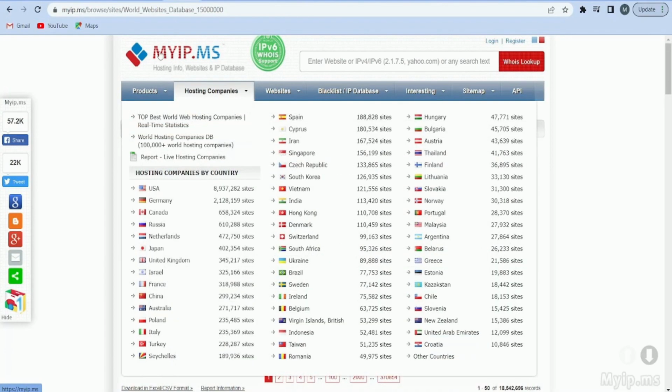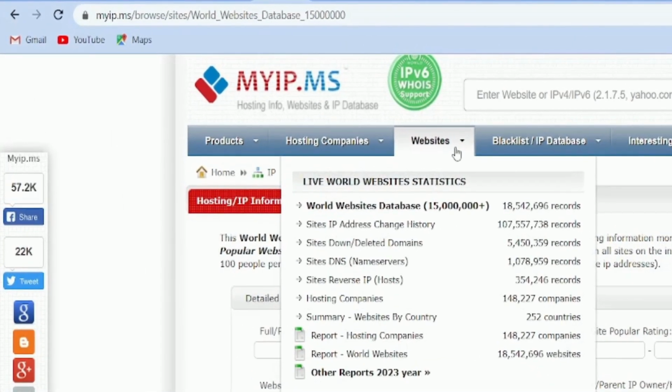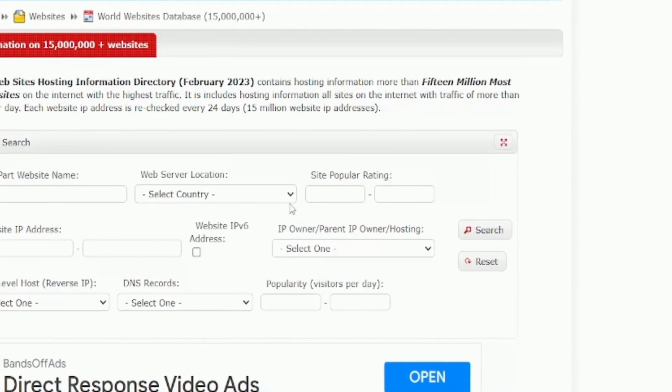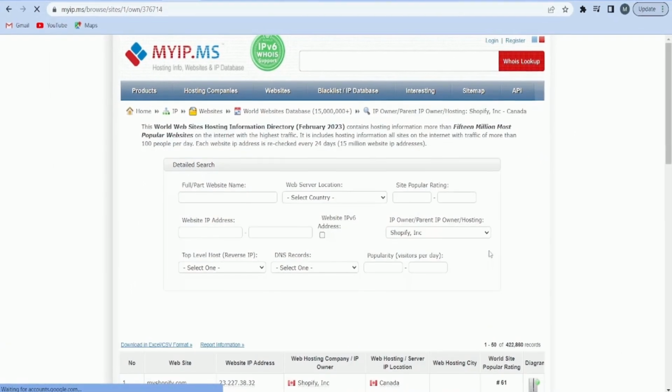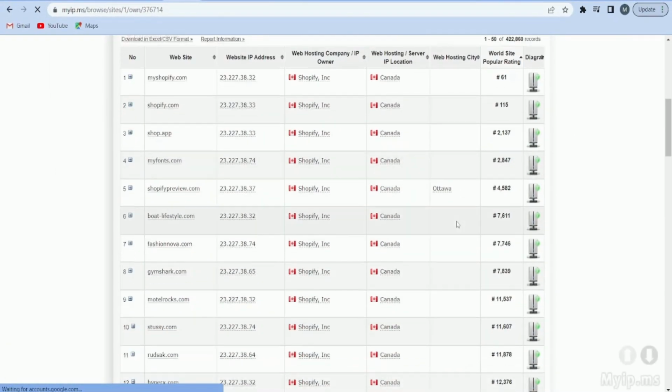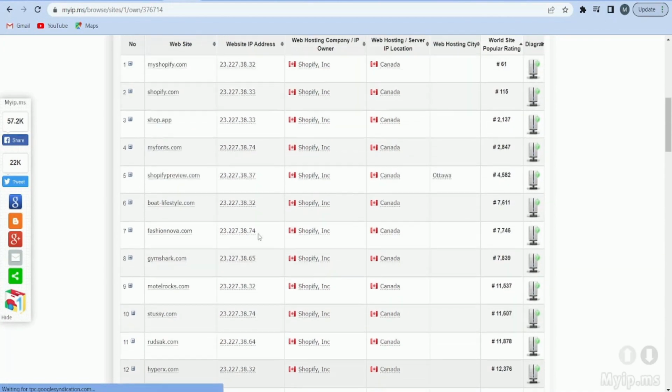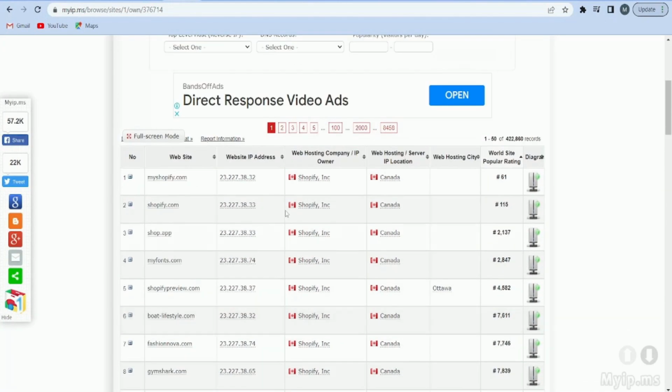Go to this website, MITA MS, then Websites, then World Websites Database, and finally you'll find a drop-down menu with the label IP Owner, Parent IP Owner. Here, you'll search for Shopify. When you hit the search button, you'll be presented with a list of every single domain hosted or registered with Shopify. The best part is that they're ranked based on popularity, so you can easily scroll through thousands of top-performing